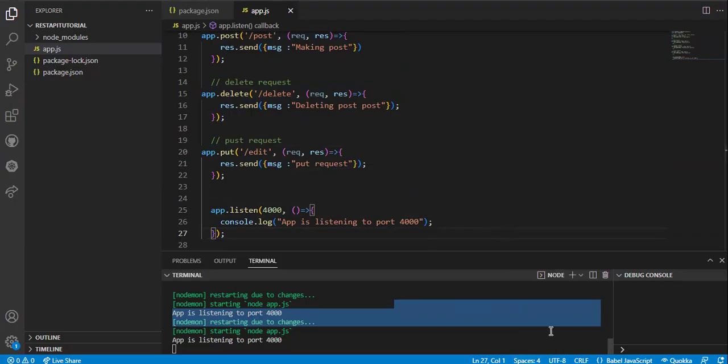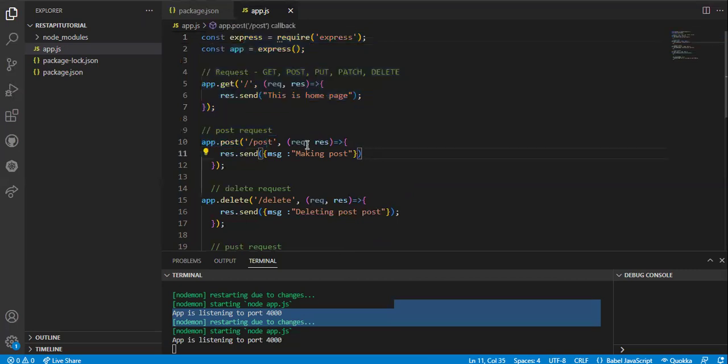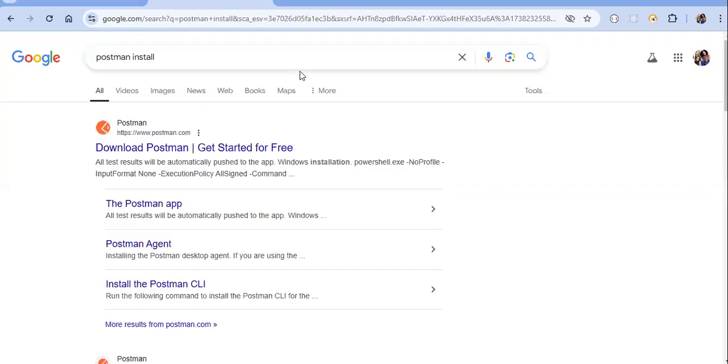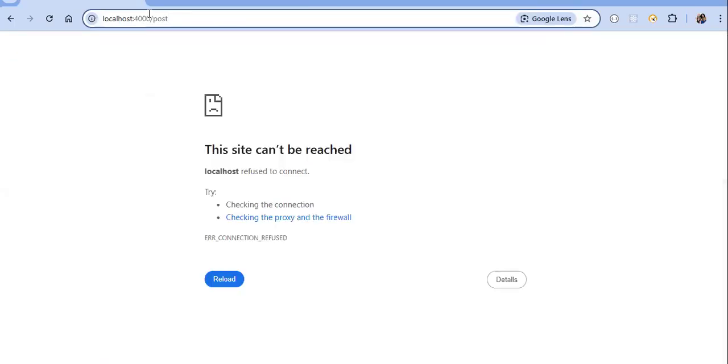Let's go to our browser and see if we can test the post request. Now this post request is /post. So let's just see what that is going to give us. If we go to our browser to test for the post request, we do localhost /post. And let's run this. We're not going to see anything. So it said cannot get